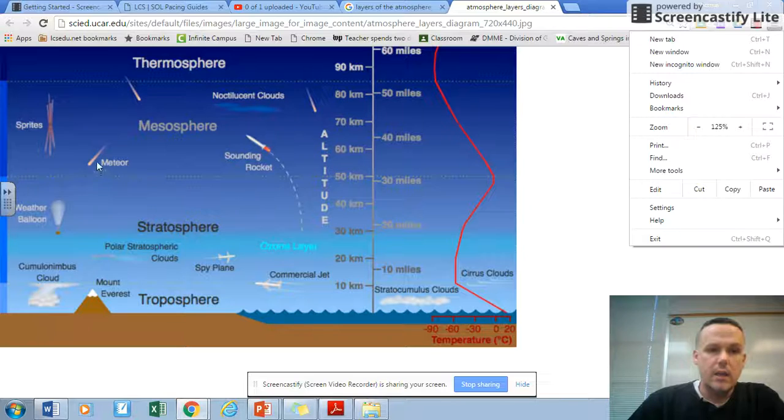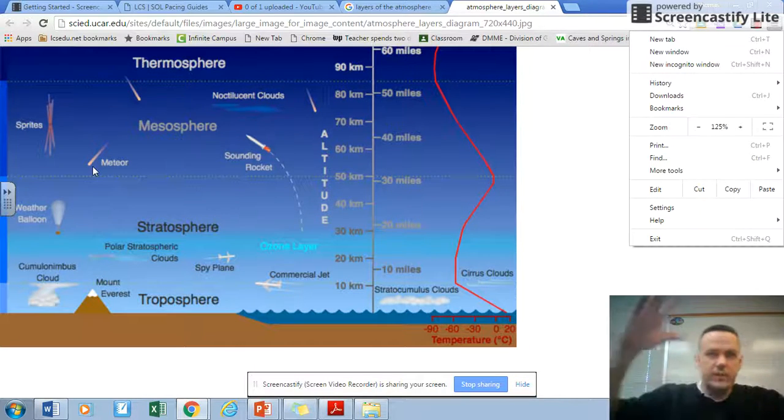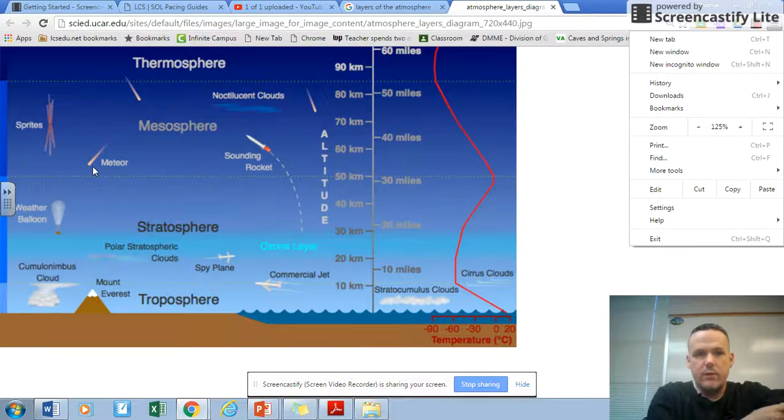And hopefully by the time they get to the bottom, they've actually burned up and they're gone. If they do hit, that's called a meteorite. But up here, it's a meteor. Meteor is what it's called when they come into our atmosphere. A meteoroid is just one that's floating in outer space. If they come into our atmosphere, it's a meteor. If it hits the ground, it's a meteorite. So the mesosphere is right here.